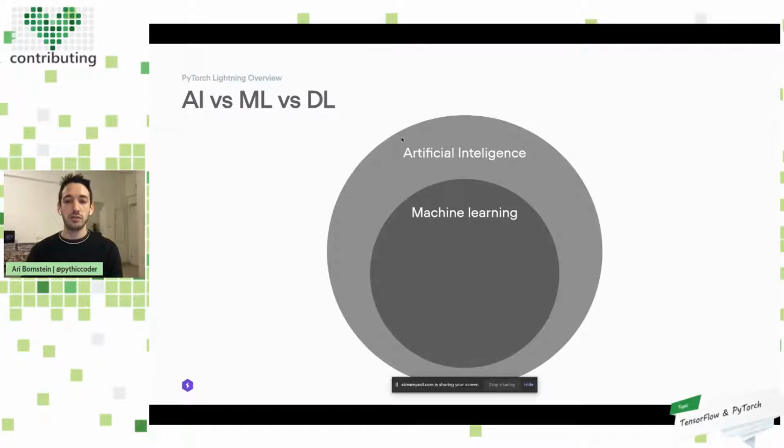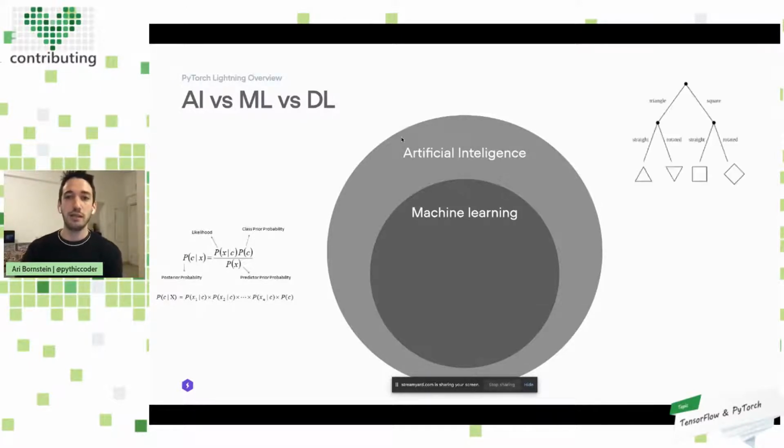Within artificial intelligence, there's a sub-branch called machine learning that we've been talking about. Within machine learning, there are many different types of methods. So there are probabilistic methods, there's graph-based and tree-based methods for doing the different tasks, and there's even methods that are not considered deep learning, but they also use what are called neural networks.